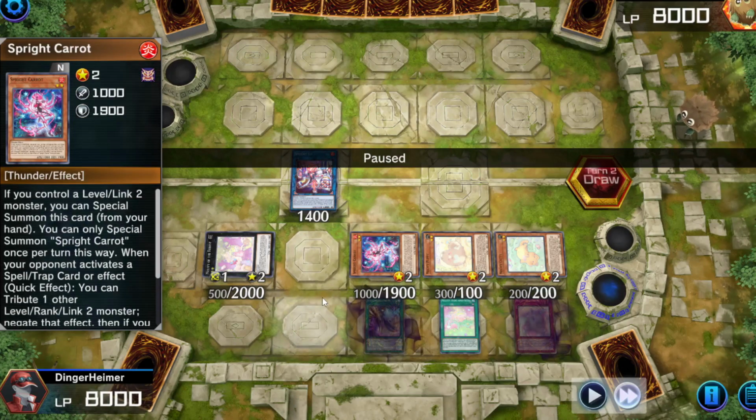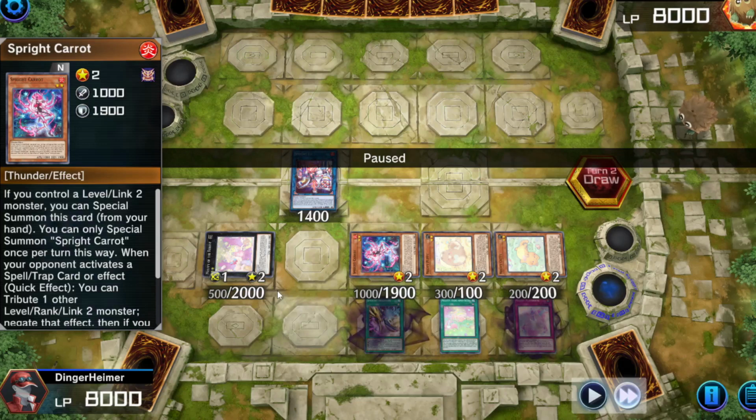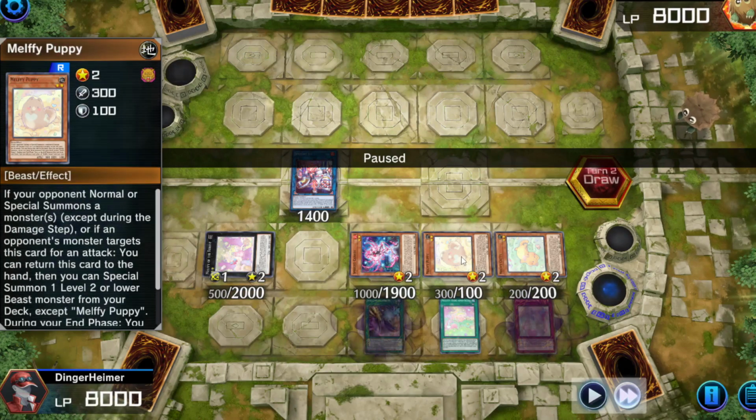Technically it could also be Carrot, but yeah, you usually want to see what happens. You're probably going to use the Carrot effect, but there will be lots of opportunities to use this. Then we have Spright Smashers, we have this one, we have Playhouse, we have Puppy as a pop,